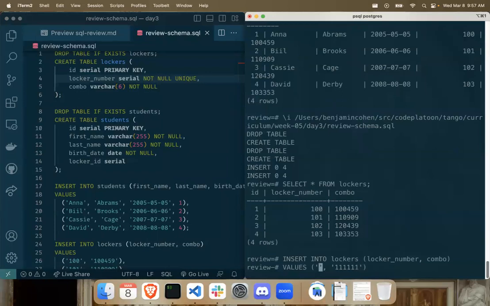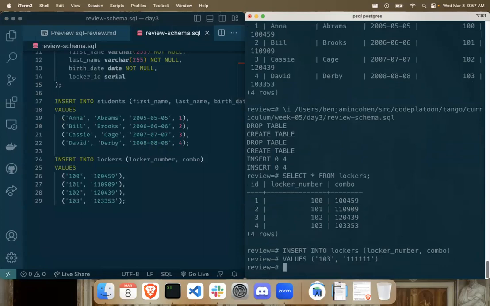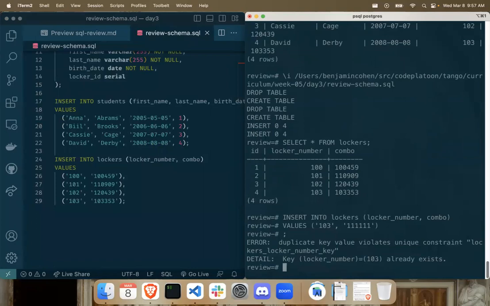But this locker number, I said it was unique. So what if I try and create a new locker? So it's going to have a brand new ID, but with the locker number of 103, which we see is already in the table. Right, got to add my semicolon, and then we get an error. It says you can't do that. And this is actually good, as in, even though we're getting an error,